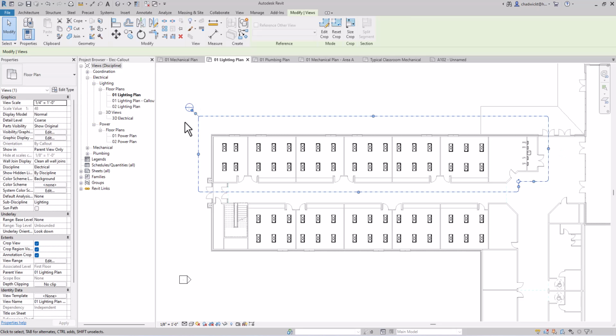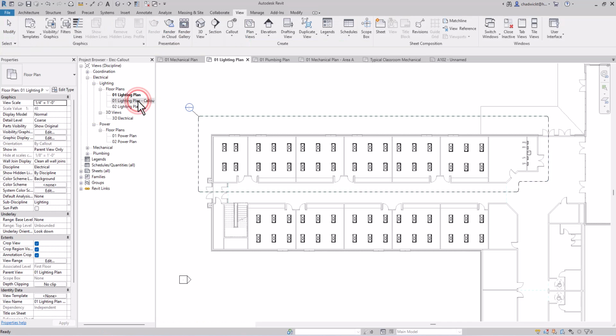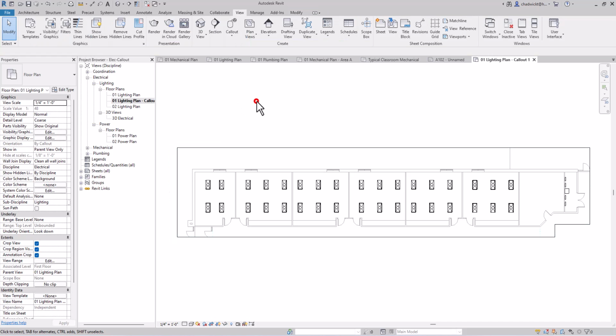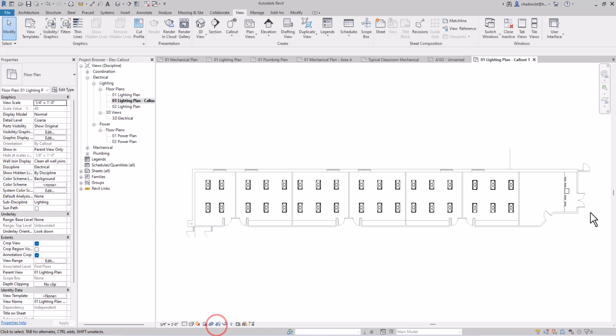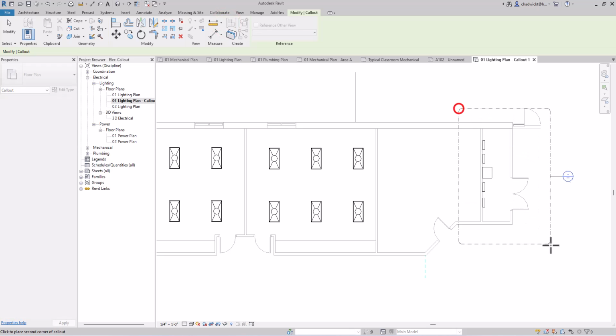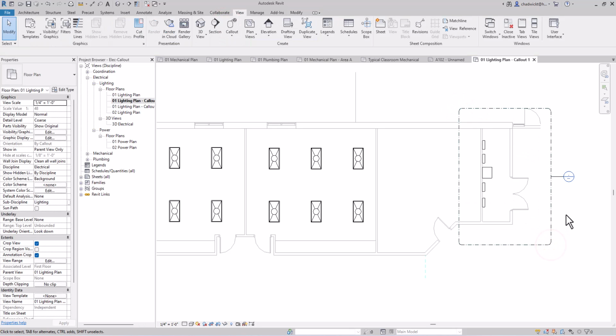In the interest of time, I'll just kind of hit the high points on these repetitive ones. I can also go ahead and rename my callout, but again, for now, I'll just keep moving here. And then inside the callout, I can also create another view. I can also turn off my crop region again, but now I'll come in and do a callout of the electrical room here. And then once again, I can set that view current.